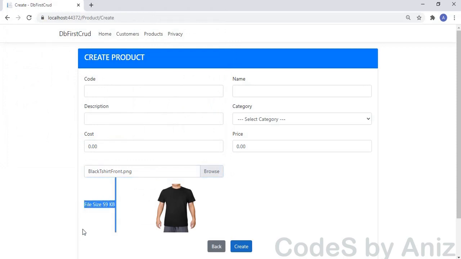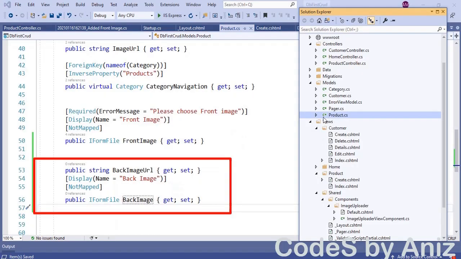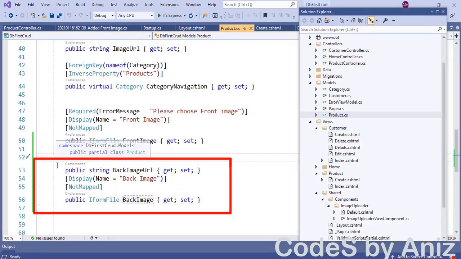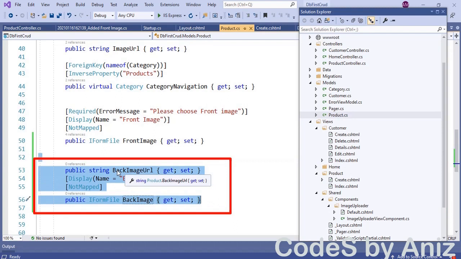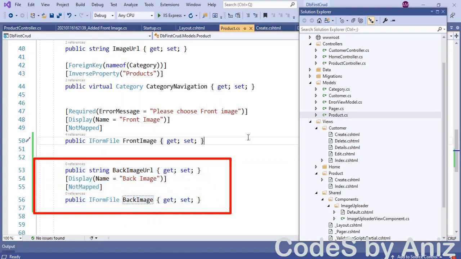I told you, right, I am going to have two images in the product, one for the front image and the other for the back view, but we have not created the back image property yet. So open the product.cs model and add the property named BackImageURL of type string. This back image URL is optional and will be stored in the table.